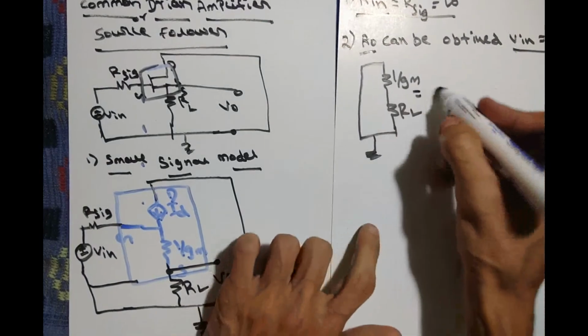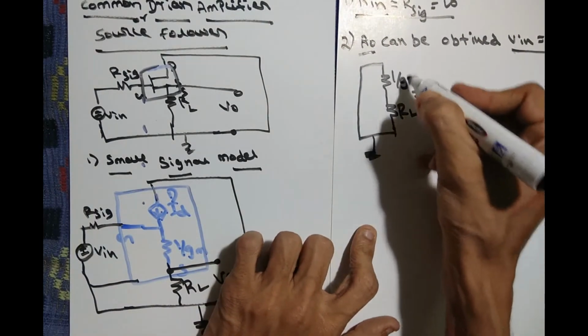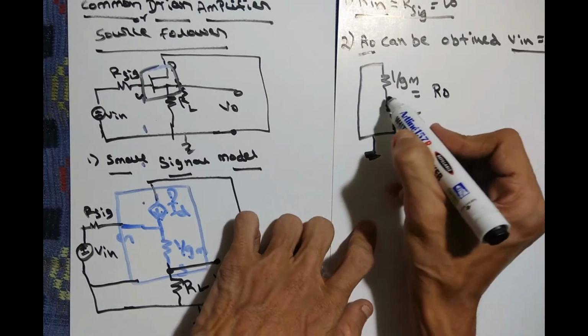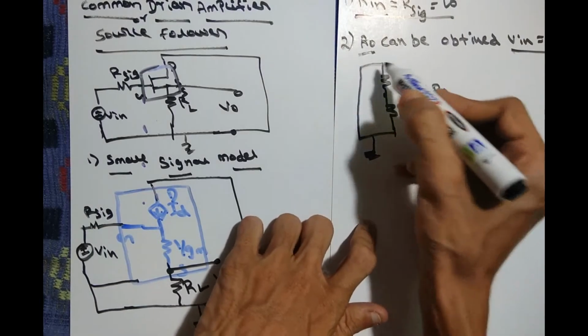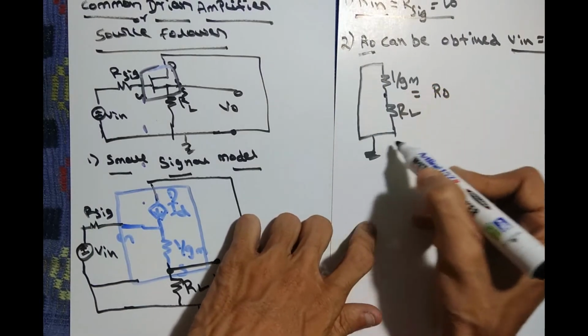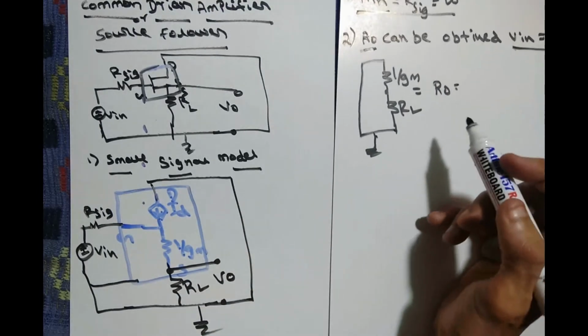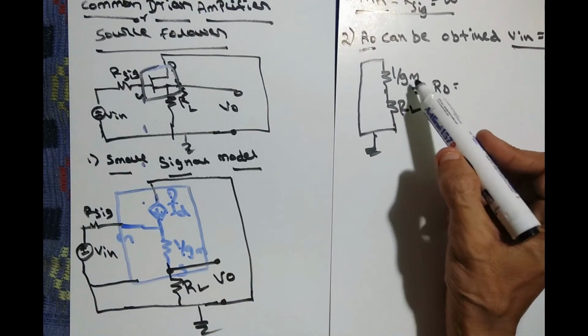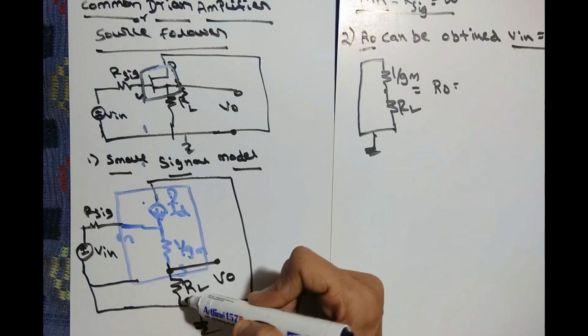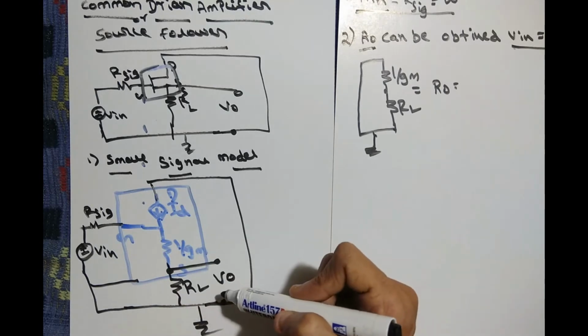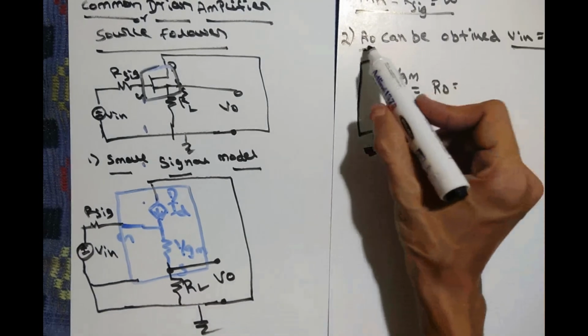So R0 is the equivalent of these two resistances, and one point is connected here and another point is also connected to ground, each 2 points. So it looks like a parallel. Very important, usually all people make a mistake here. It looks like 1 by Gm in series with RL when you take it with respect to V0, but R0 can always be obtained by